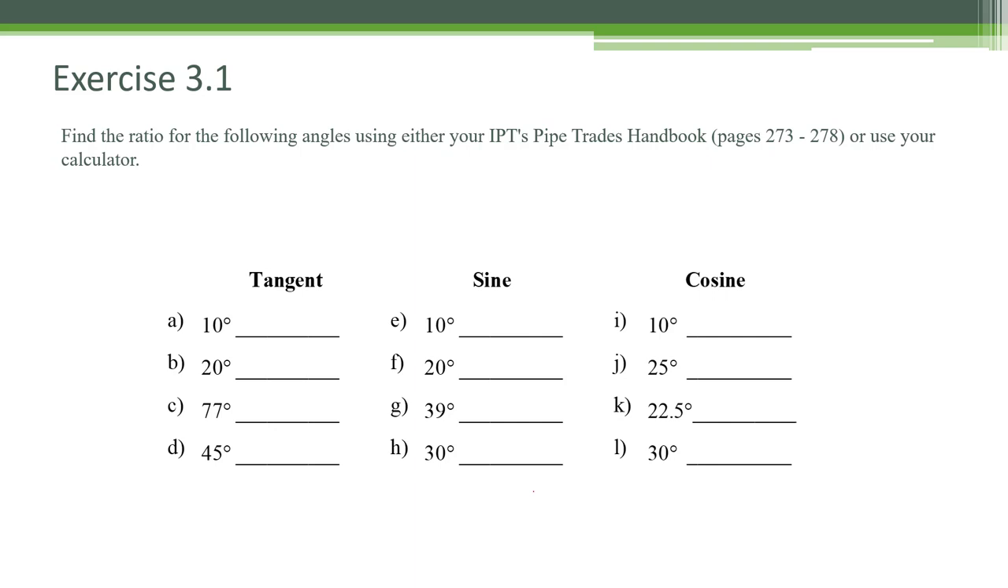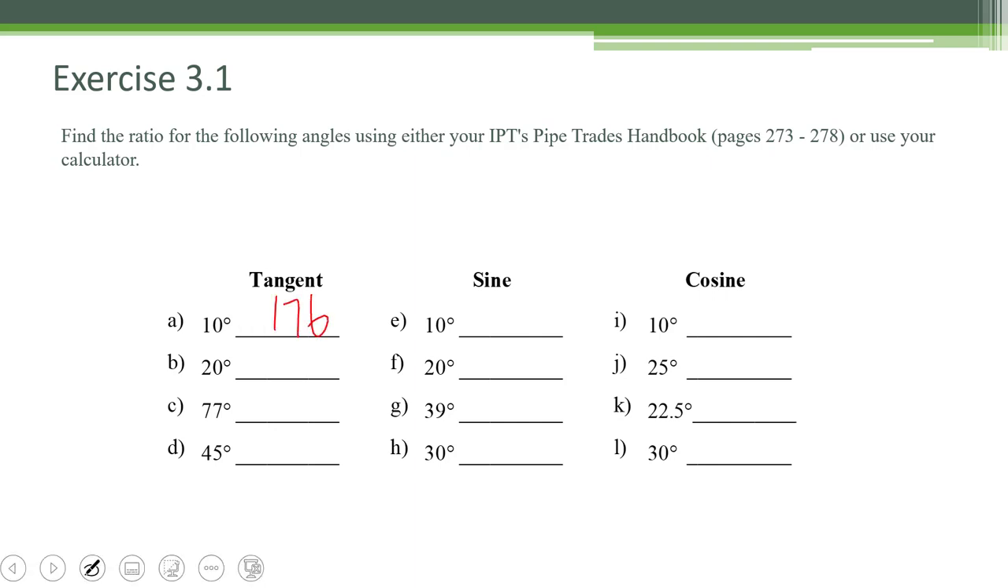Okay, so for exercise 3.1, again, you can use your IPT handbook to find the trig tables. I'm just going to use the calculator because it's a little faster, a little bit easier, and chances are if you're ever using this in the field, that's what you're going to use. Okay, so how I do this is I just go 10 tangent. So again, I just put 10, then the tangent button. I don't have to push equals, and I should get